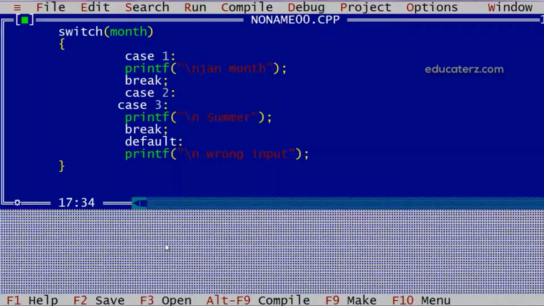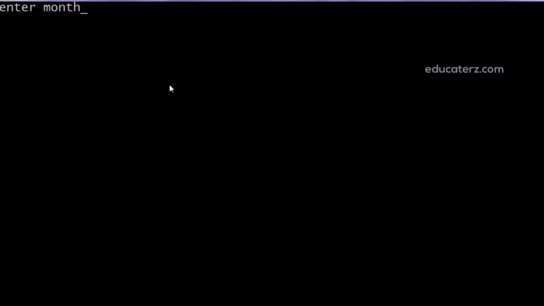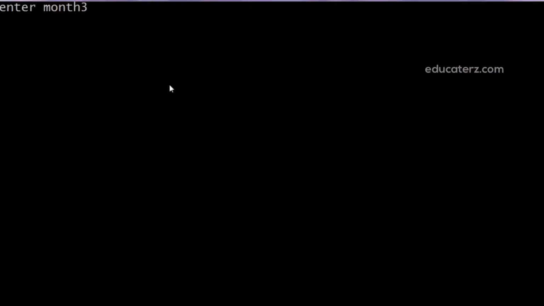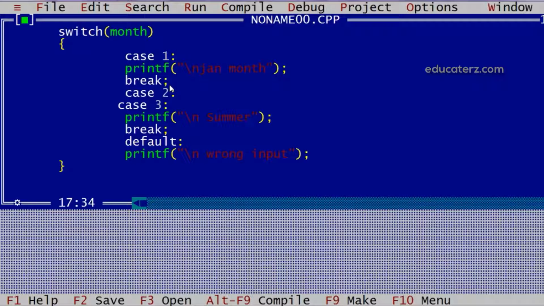So in such conditions we can skip break. If I execute this and enter 2, I'll get summer. Same will happen if I enter 3, because for both the cases the same body is given.